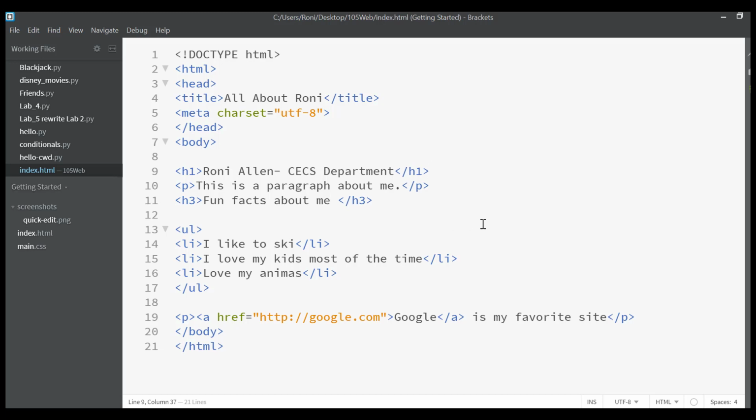And if you look at the Dropbox for the activity, you'll notice that I want you to use a type selector, use an ID, use a class, and I'm going to explain why you may or may not use one or the other, and how to use those items too. So as we go through, hopefully it makes a little more sense to you as we add things too. So let's go take a look real quick at